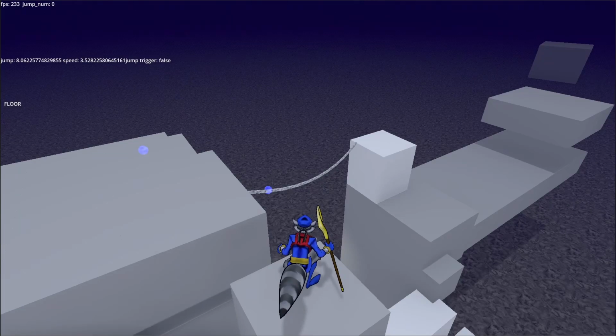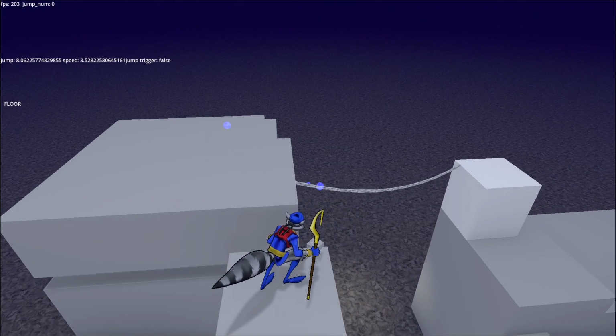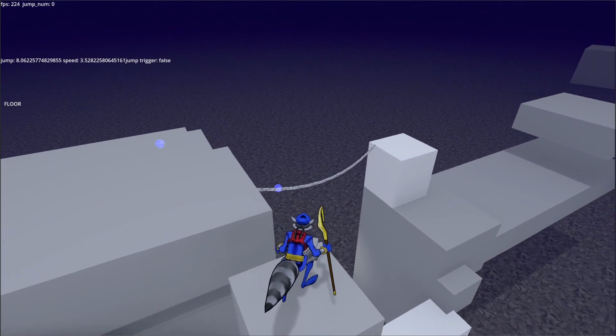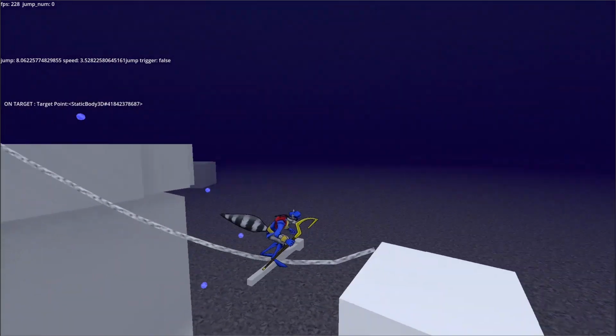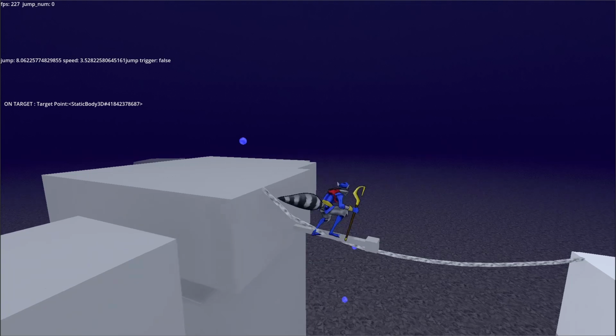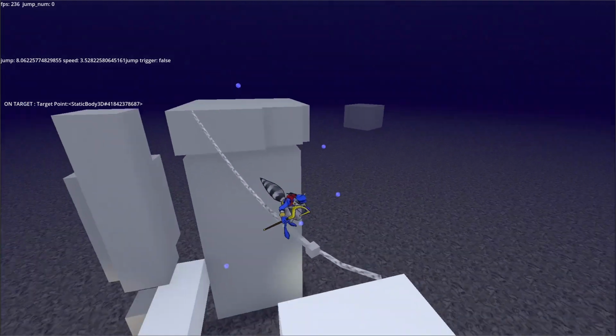I just wanted to run through this tightrope walking system I made in Godot 4 with you really quickly. Let's start off with it in action. So as you can see, the rope bends as the player walks along it, and there's a bit of an